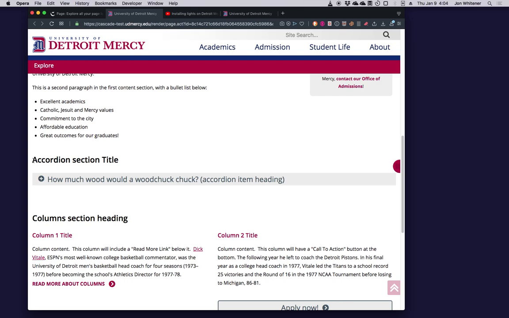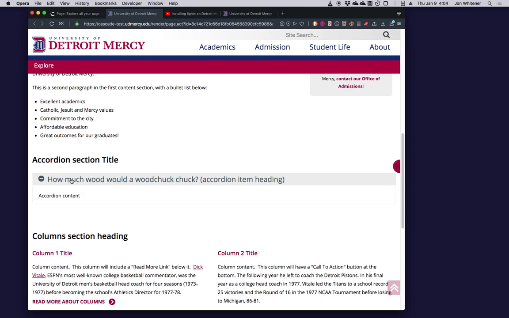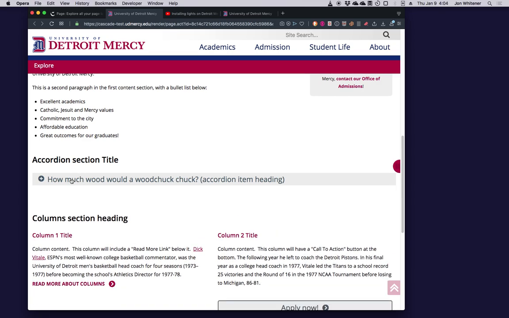Okay, so here's the accordion section by default. You'll notice it has a title, and then it has this thing, which is something that shows and hides some content. So the classic reason to use this is if you had a frequently asked questions page.